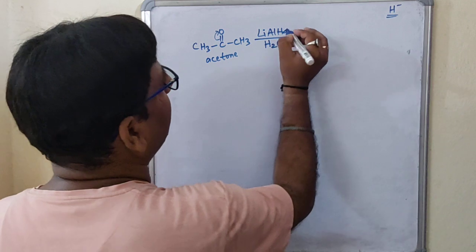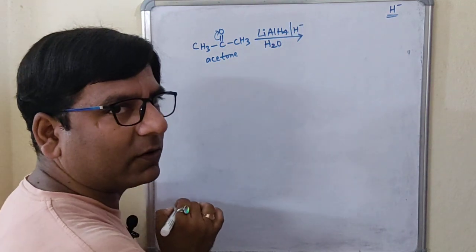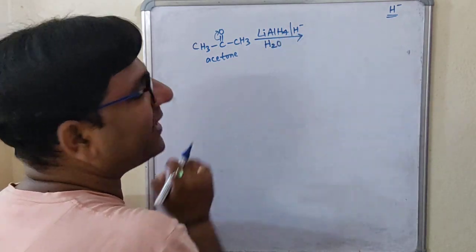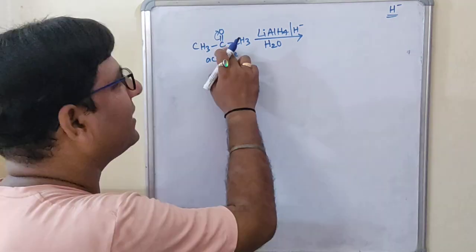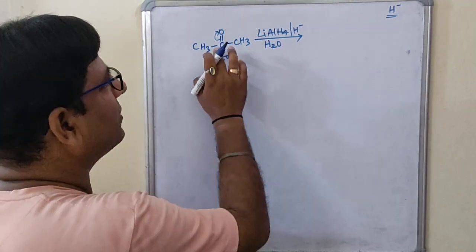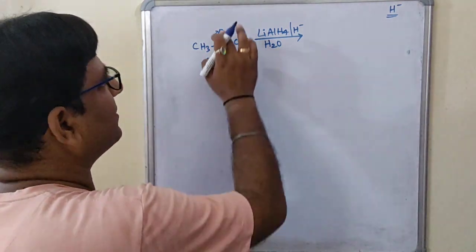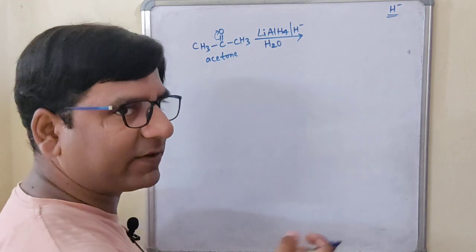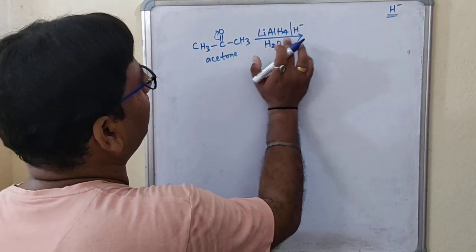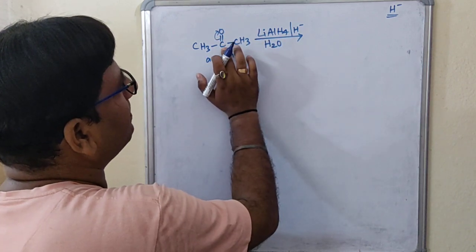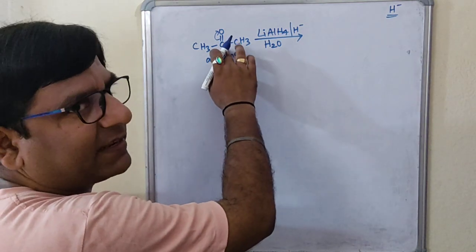Now, you know that in LiAlH4 we have the H minus. Okay. Now this H minus, where will it go? It will go and attack this carbon containing the positive charge. Why? Because the bond is being shifted to this oxygen. We have shifted the electron density because this is the more electronegative atom. That's why it has pulled the electron. So it will get O minus, the negative charge. Here it is a C plus. This H minus hydride ion will come and attack this carbon carrying the positive charge.